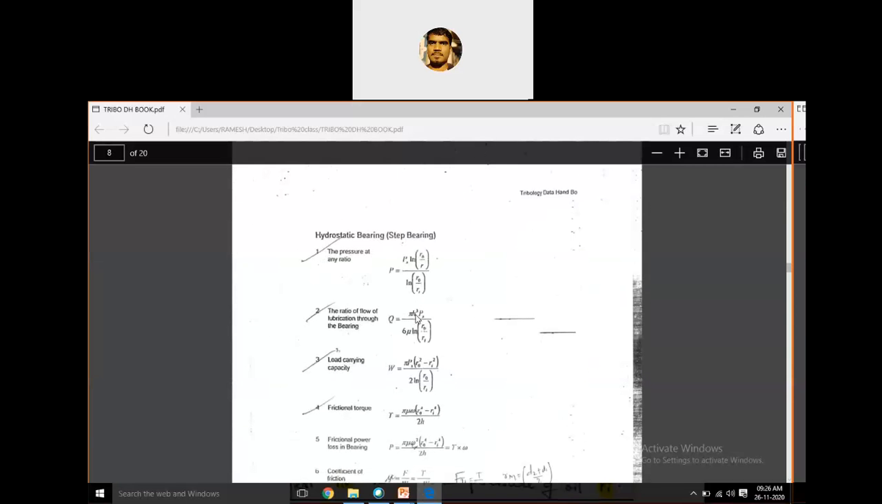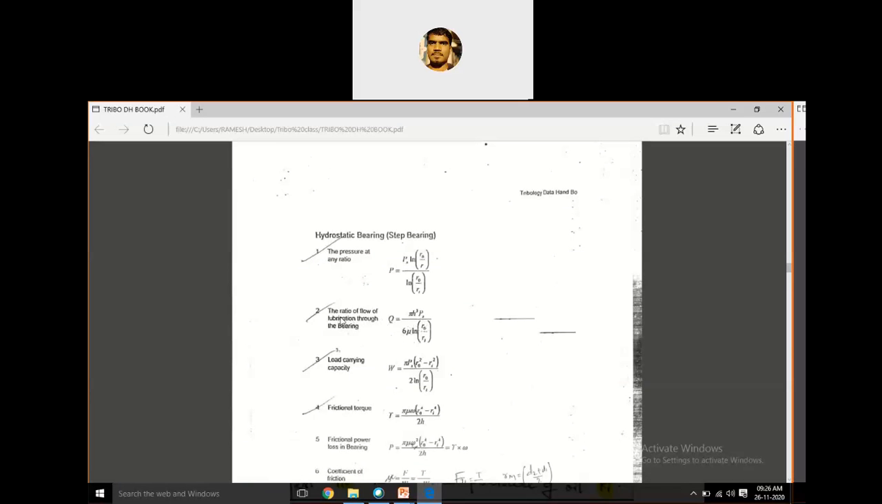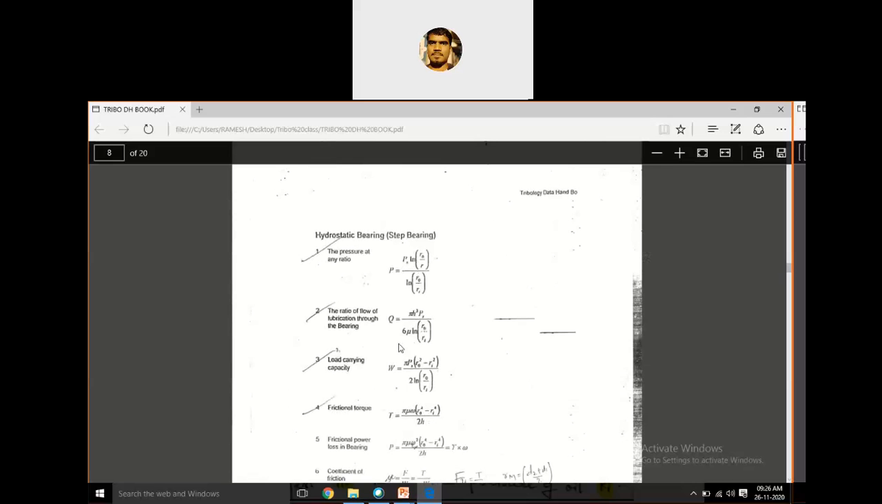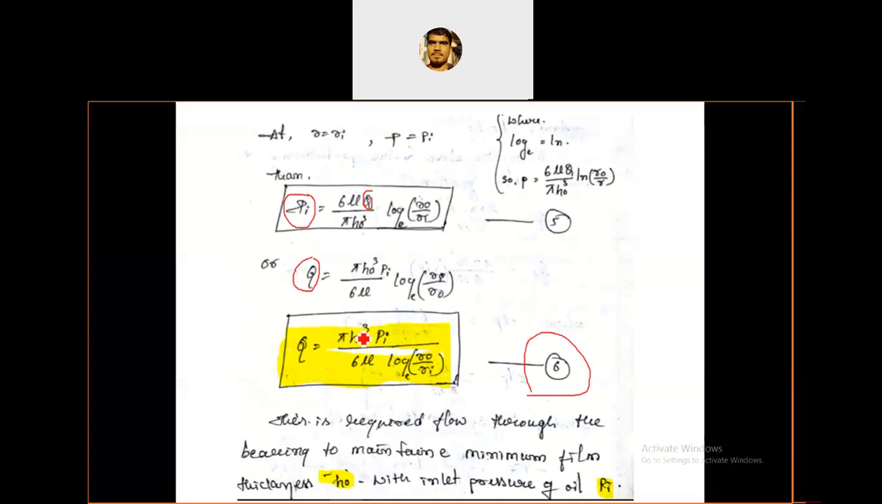The hydrostatic. See, this is the equation. This is the previous equation. Okay, pressure ratio, and this is the ratio of flow. Q is equal to, just compare the equation. Correct idea? Okay, same equation. We derived the flow rate. So next,